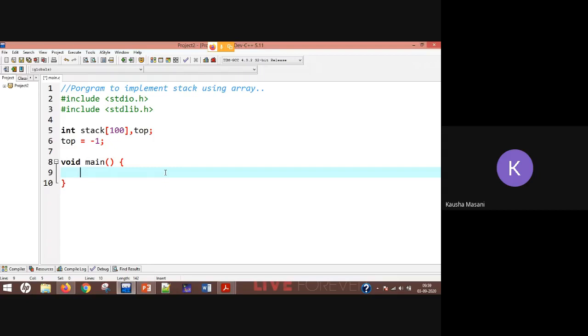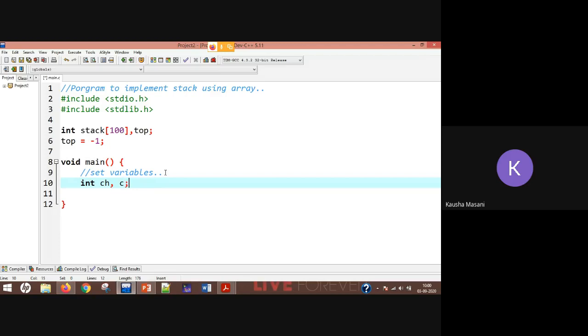Now here inside my main, first I'm going to set some variables which shall be required by me in my program. So integer choice, so ch and one c.